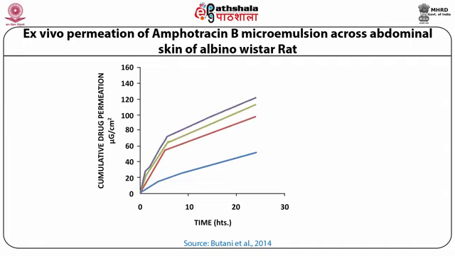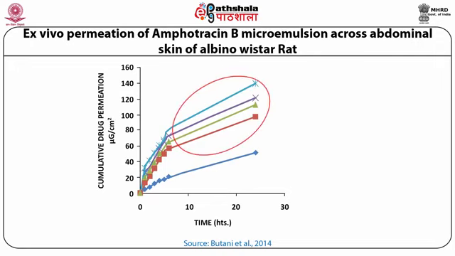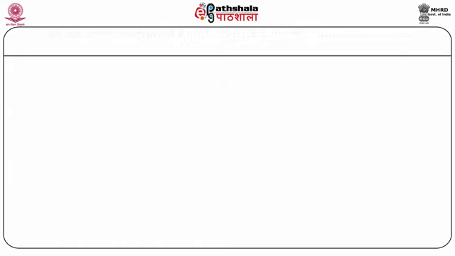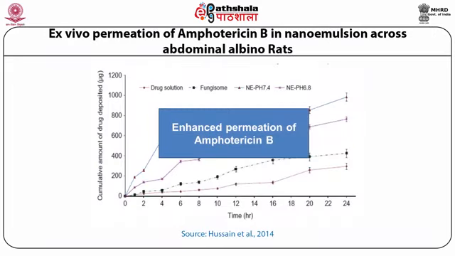And interesting findings are visible: all the microemulsion based delivery systems of Amphotericin B are remarkably and significantly different from that of the plain drug solution, thus indicating that microemulsion acts as a permeation enhancer for Amphotericin B. The correlation of cumulative amount of drug deposited versus time was detected during ex vivo permeation of Amphotericin B in